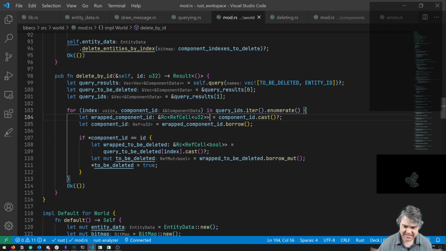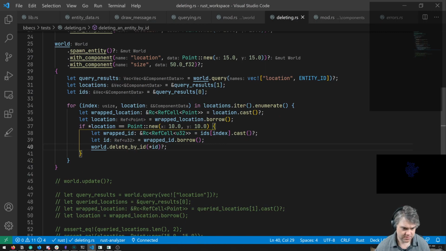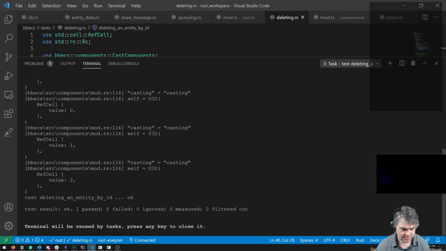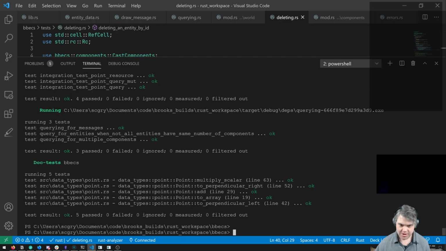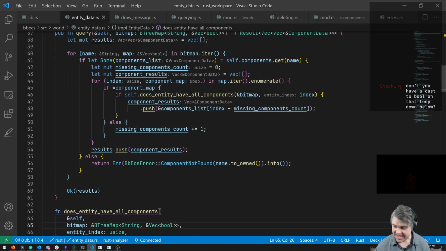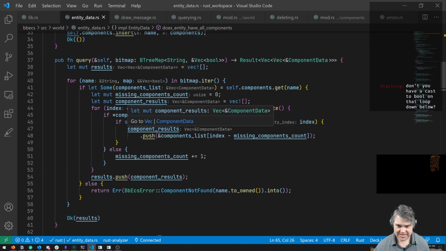So I'm wondering, is this now where we're getting booleans? Is everything just reversed? Did I somehow reverse these when I rewrote that logic? If I do this now, do you work? Okay, what the heck did I do inside of entity data for the query? I reversed the logic. I'm putting them in the wrong order from what I'm expecting.